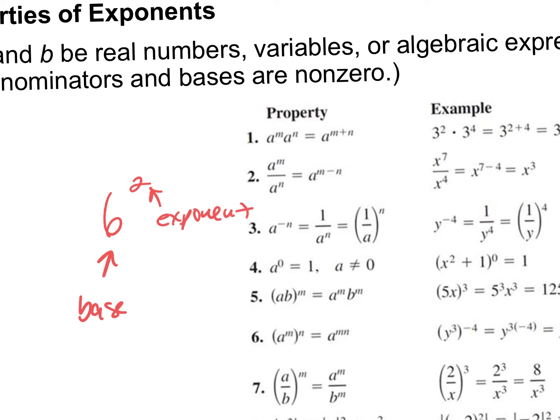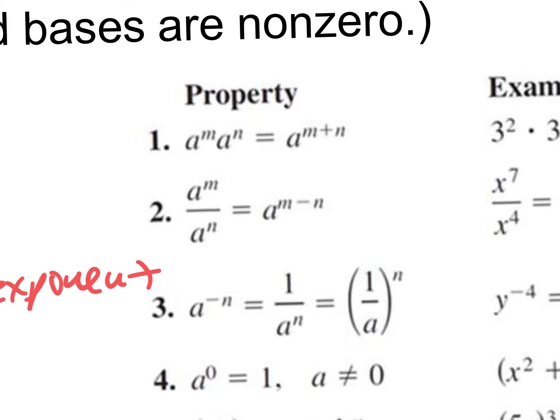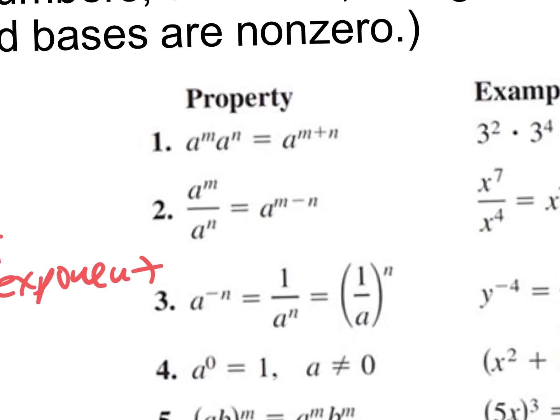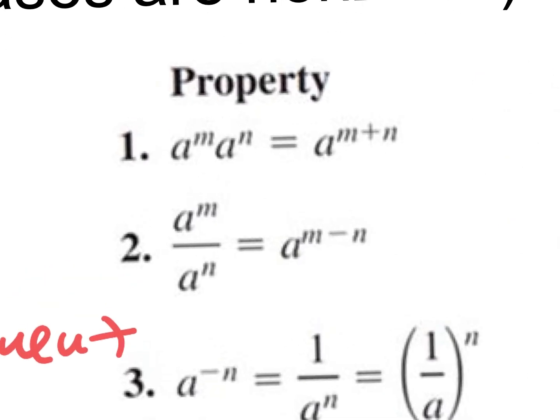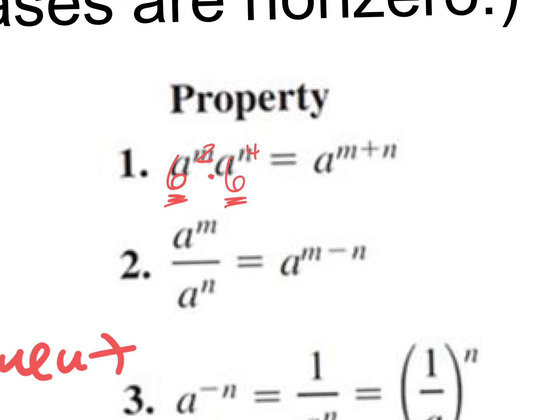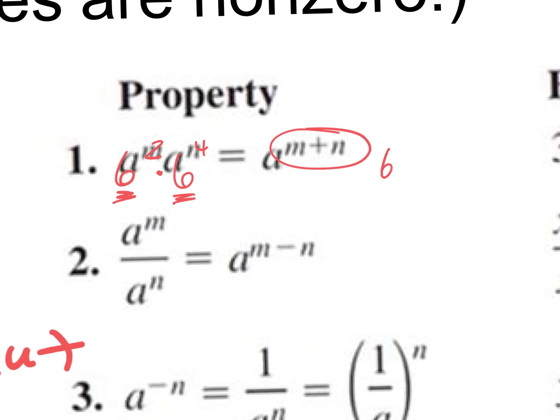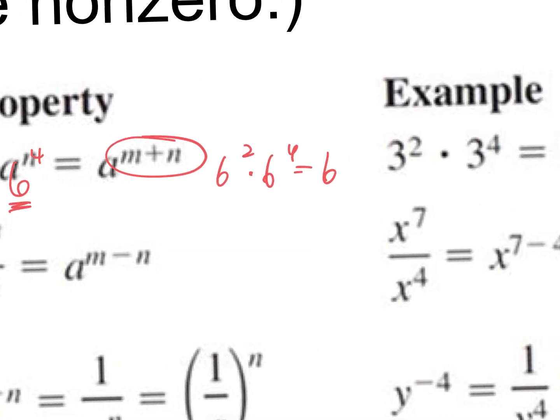So when you are multiplying, a lot of times when we look at these properties and they use letters, it's kind of hard to understand. So let's think of it like this. Say I'm multiplying, I have 6 to the second power times 6 to the fourth power. Do you guys see how both of these bases are the same? It's the same number. When you have two bases that are the same and you're multiplying them, we add the exponents. So 6 squared times 6 to the fourth is the same as saying 6 to the 2 plus 4